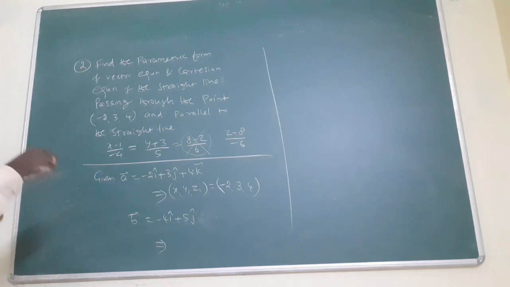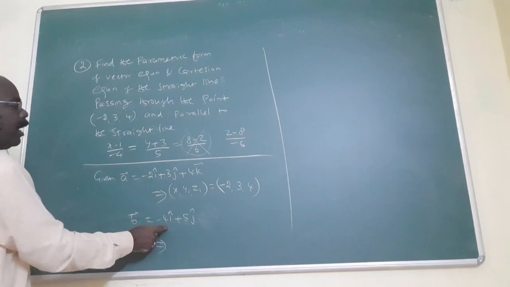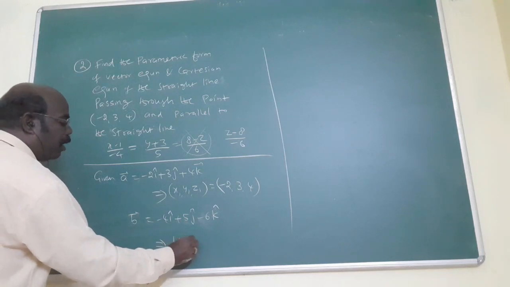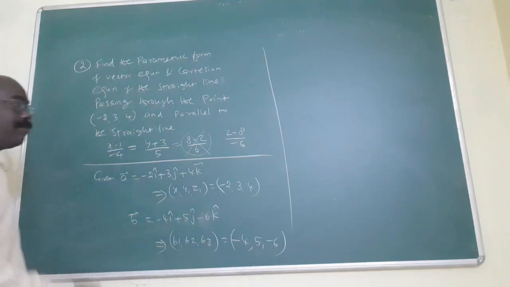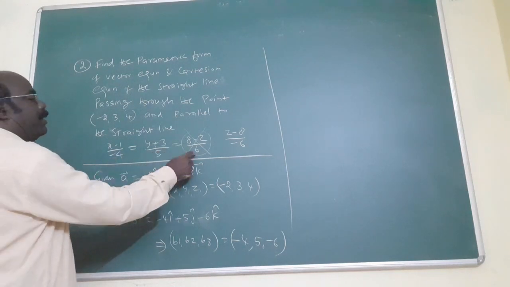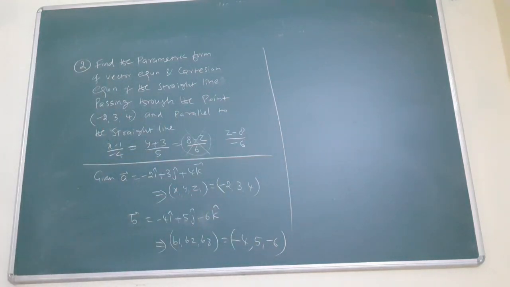The given questions are not in the standard form x minus x1 by v1, y minus y1 by v2, z minus z1 by v3. That format is not given, so you want to change to this format. Now you want to consider minus 4i cap, 5j cap, minus 6k cap. Now, as I told you, v1, v2, v3 equal minus 4, 5, minus 6. Listen here, this is the problem. If you directly assume only 6, then plus 6 will come, totally wrong. This type of mistake will come. To avoid the mistake, read the question clearly.